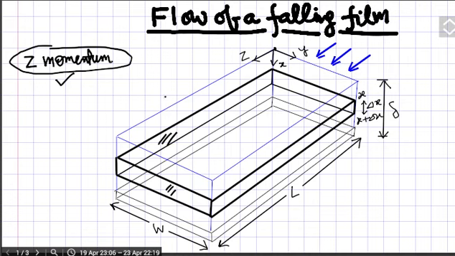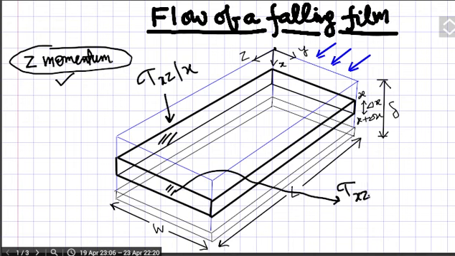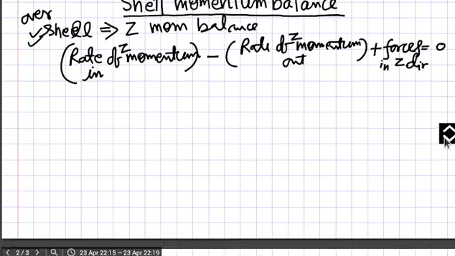This shear stress was tau xz at x, and here the shear stress will be taken at x plus delta x. So we will write it there,